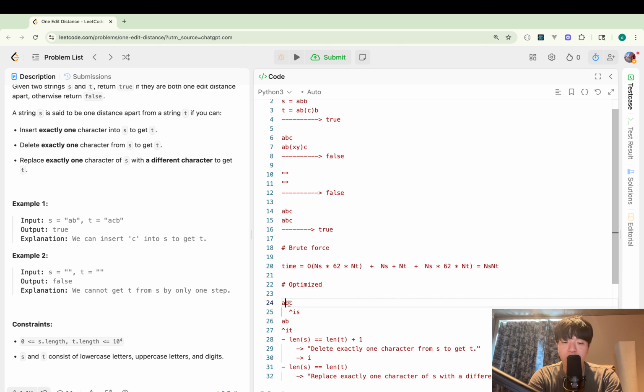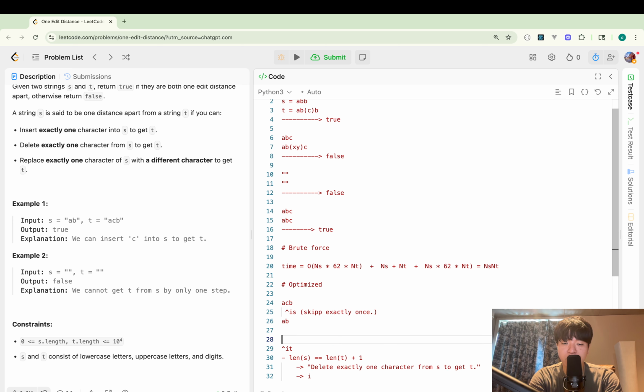So if characters are different, index S should be skipped only once. Or, I mean, that's the case when like this. In this case, I should skip exactly once. That's the condition. Another case,